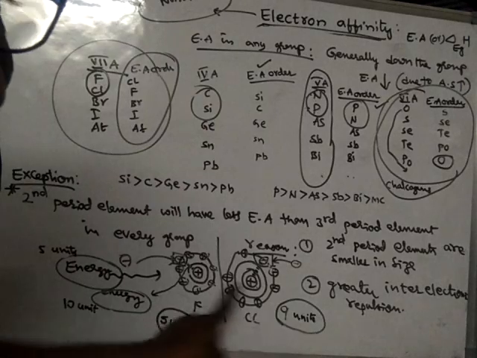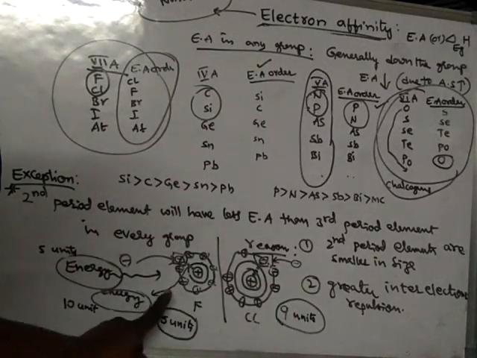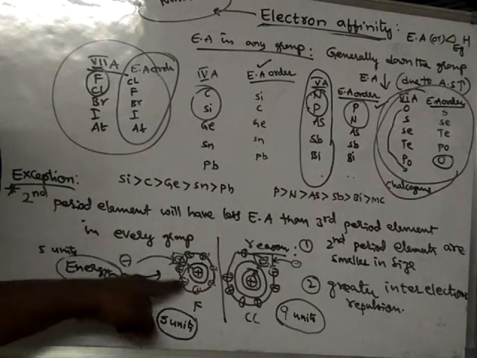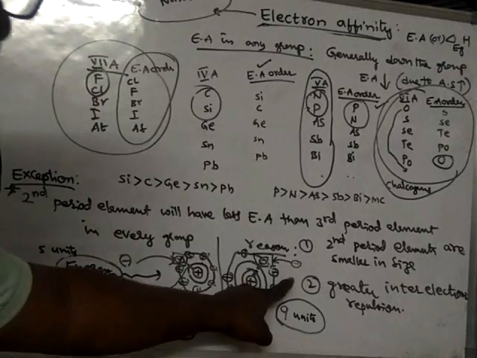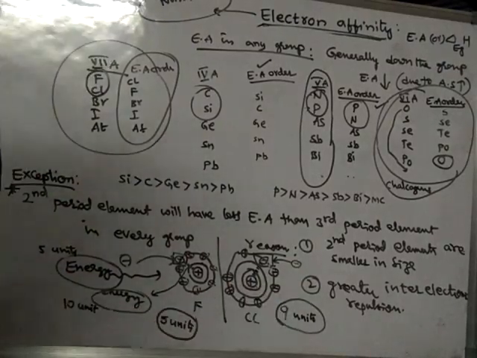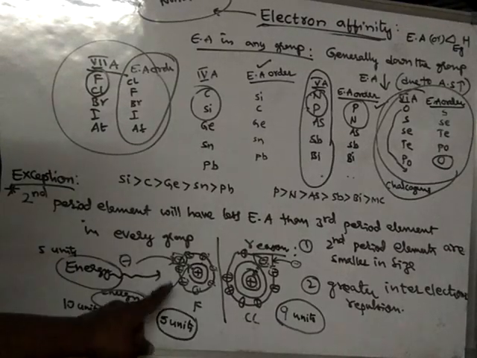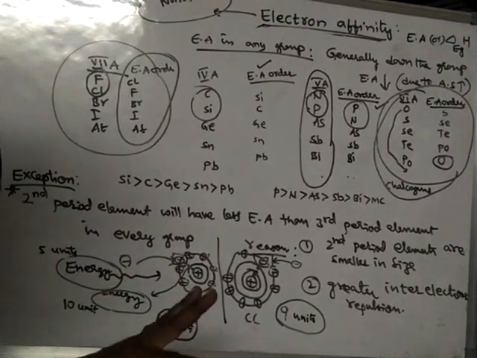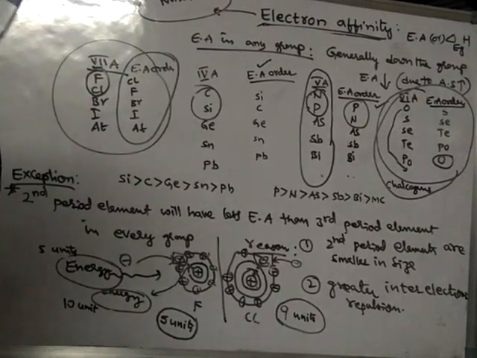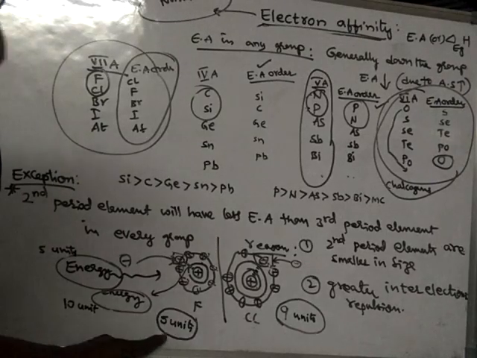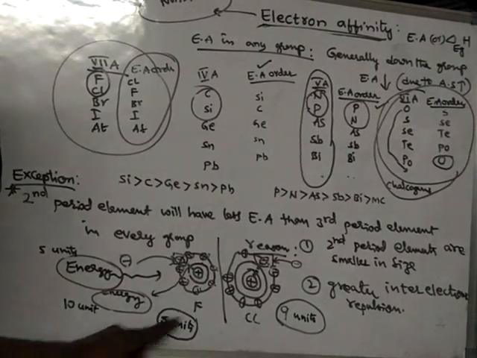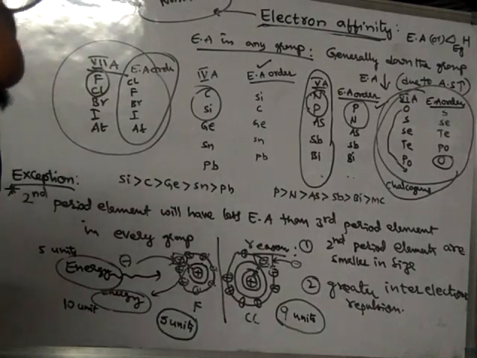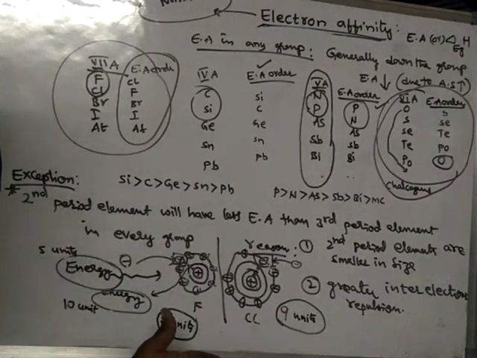But along with this, something is happening. In the case of fluorine, some energy is added to this atom, whereas in chlorine, no energy is added to this atom. So, as a whole, if you consider both the added energy and the released energy, there will be a net loss of energy of 5 units only. But in the case of chlorine, it simply releases energy; it is not accepting or absorbing any energy.